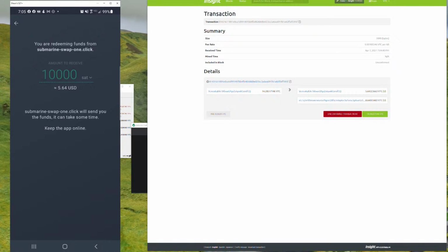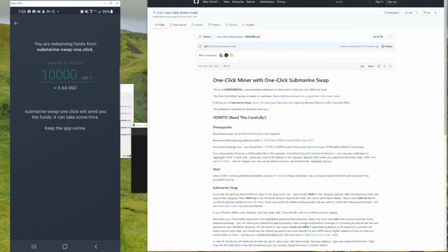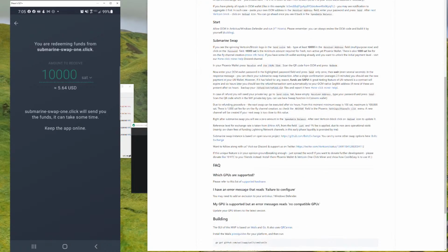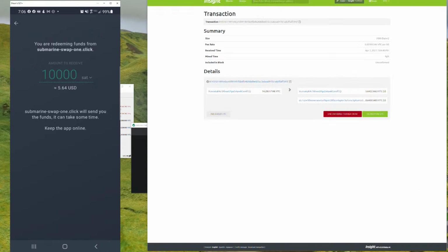JK is pinging me right now, I'll use that README. I'm sorry, hold on. Copy link. Let me go back to that README. Here we go. So this is a little bit different of a README. Apparently I was using the wrong one. So you can see it's got a full how-to on how to do the submarine swap. So as soon as we see this confirm,